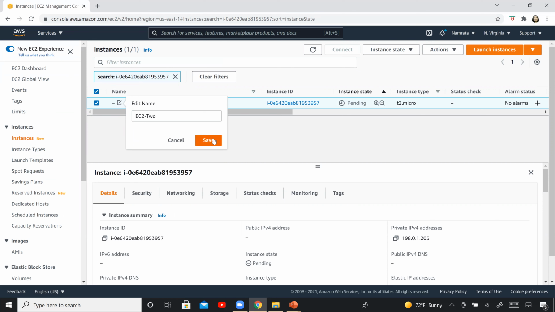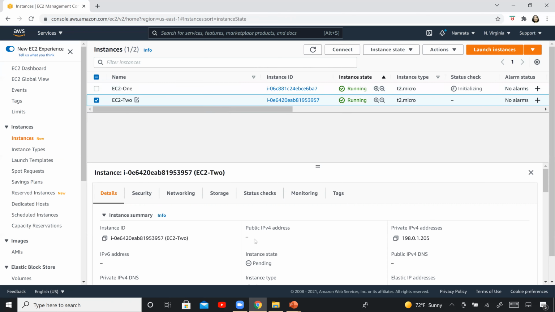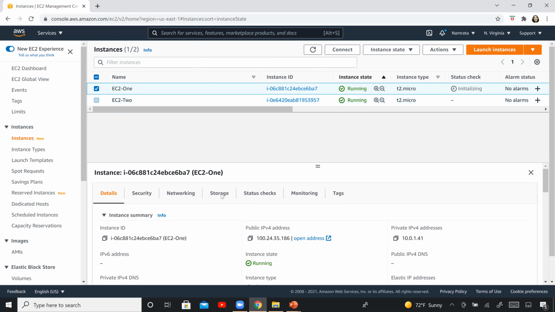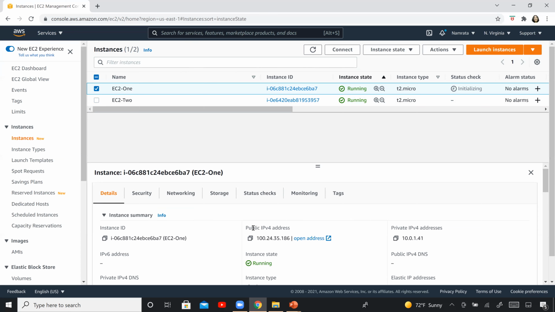I don't know, it's probably a bug. It just removes the name after you type it for some reason, but just save it. So both our instances have been provisioned. EC2-2 does not have a public IP address, but has a private address. And EC2-1 has a public address as well, so it has a private address and a public address.